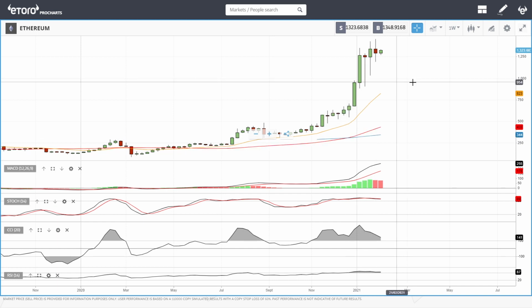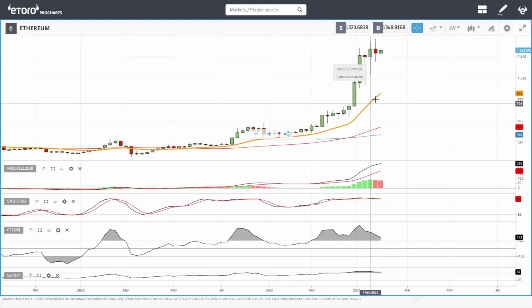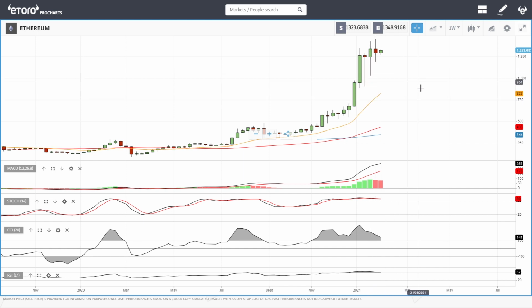So if you look at the weekly, this does not look very bullish to me. It looks like we are going to turn around here, head towards 1,000. We'll probably hit the 20 exponential at that point, and then we'll basically see whether or not we'll bounce from the 20 exponential. But my bet at the moment is that we are actually going towards 1,000, and then we continue higher. So let's look at XRP,